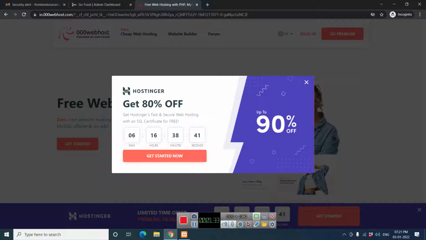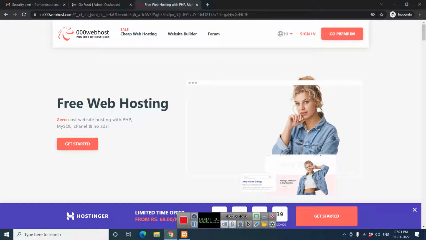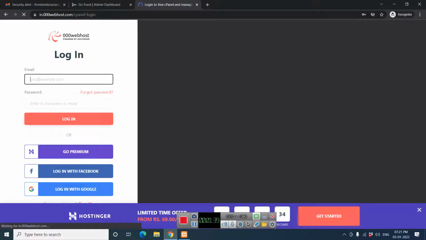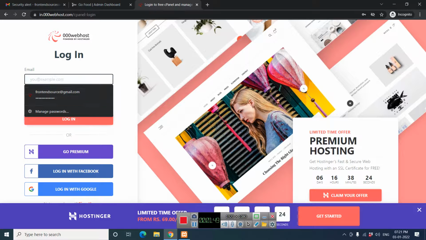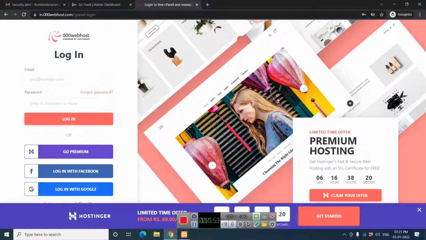So let's sign in. You can register your email ID by logging in with Google or Facebook, or you can directly give your email ID and password. So I'm going to create it freshly.